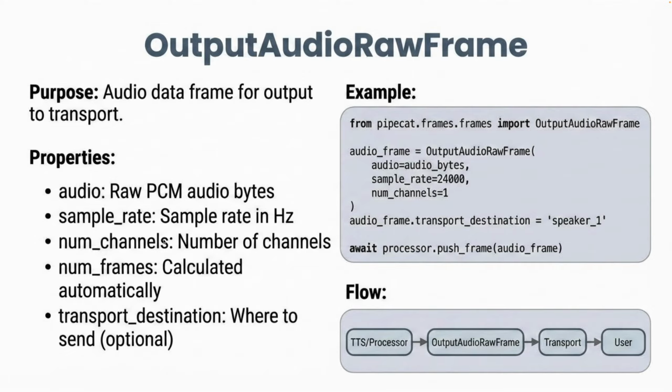So this is generally how we define output audio raw frame, and we are also defining the transport destination, which speaker to speak, and then we are processing it by pushing it. So TTS processor, output audio raw frame, then transport, and then user. So this is output audio raw frame. Then next we have